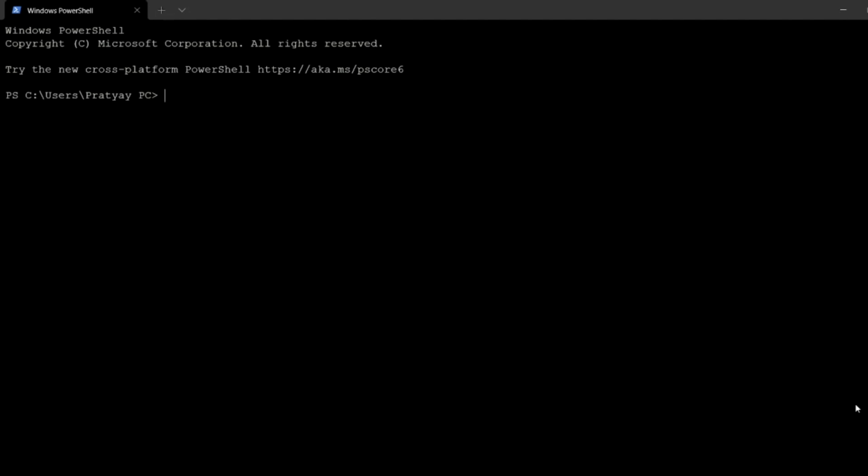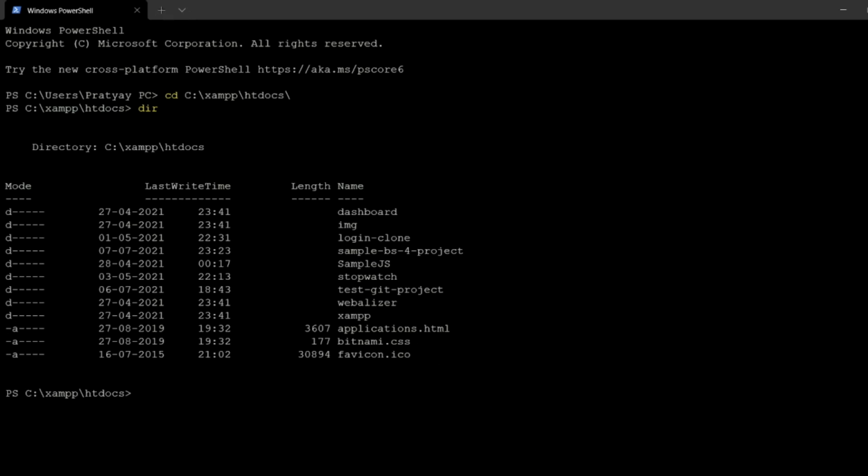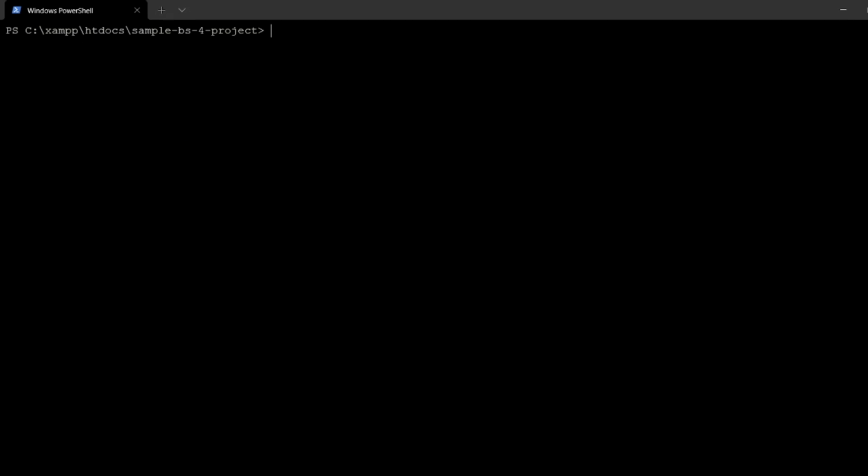What I have to do here is just redirect to my project directory in my root directory. So I'll say cd c zam, sorry, I think I made a mistake here, just wait, cd c zam. Okay, so this is the directory where I have my project, and my project folder is sample bs4 project. So this is a very basic project which I have. I'll show you the project too, just wait. Let me go there.